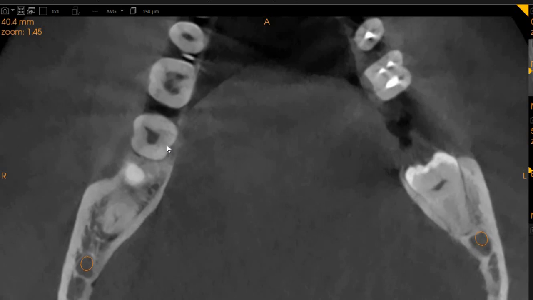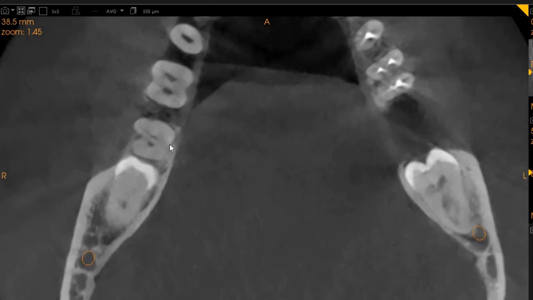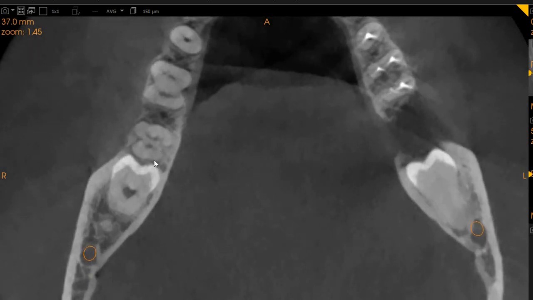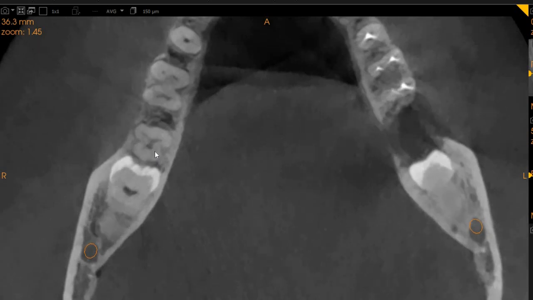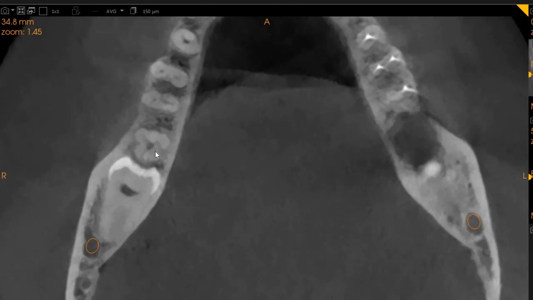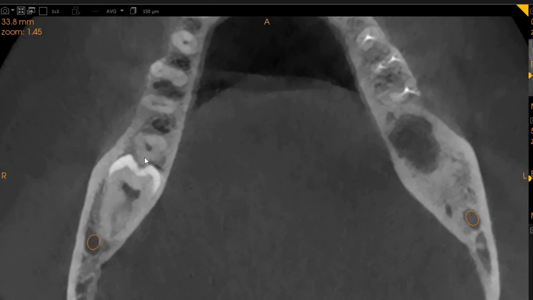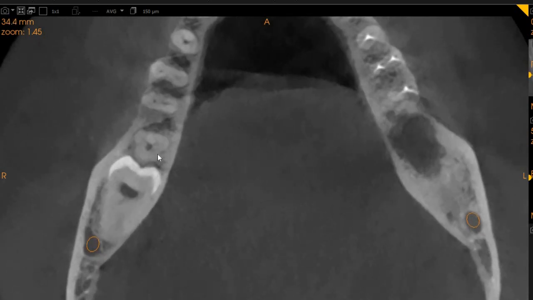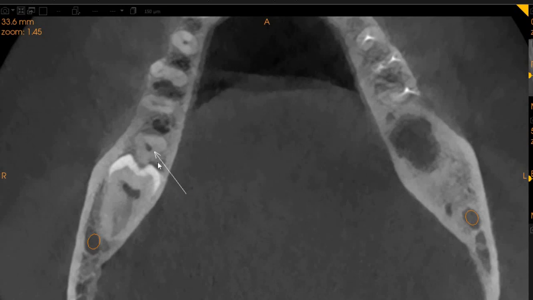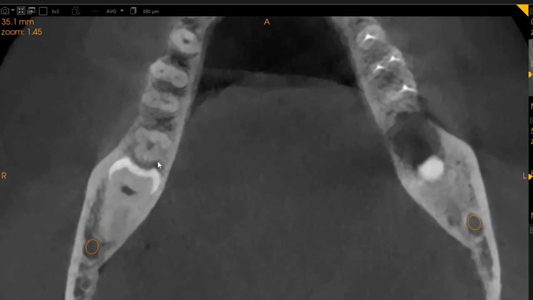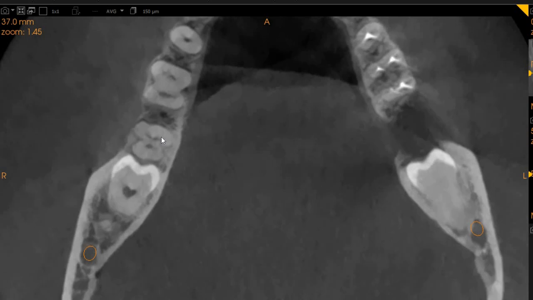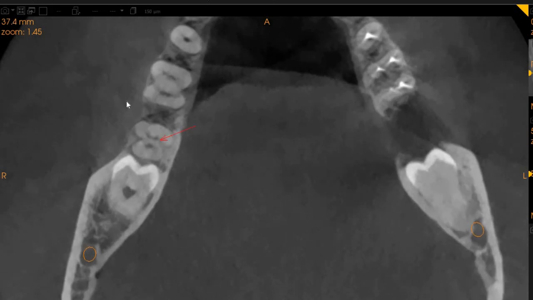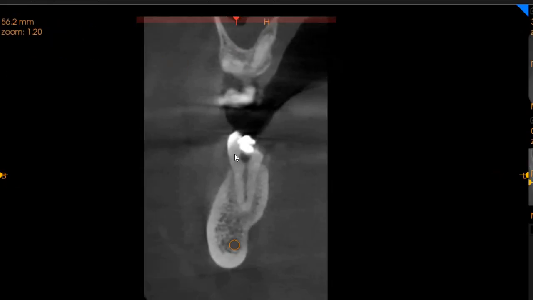This is the pulp chamber. As we move further down, we've got two canals in the mesial, one canal in the distal, and all three of those canals join to form one at the apex. So this tooth has one canal at the apex, right here, and then when we move towards mid-root level, you've got two canals, mesiolingual, mesiobuccal, and distal. And our approximate working length for this tooth is going to be